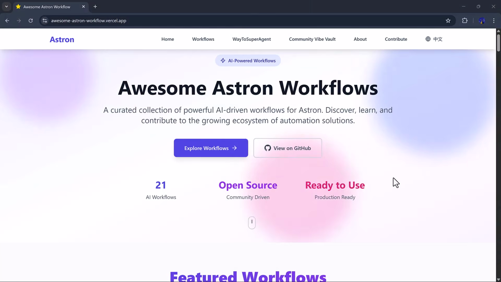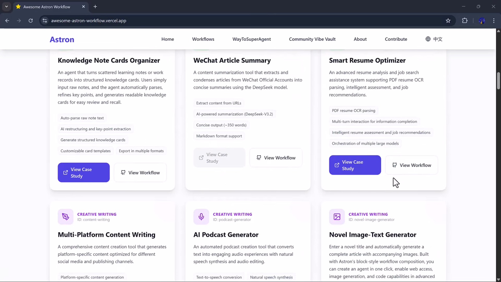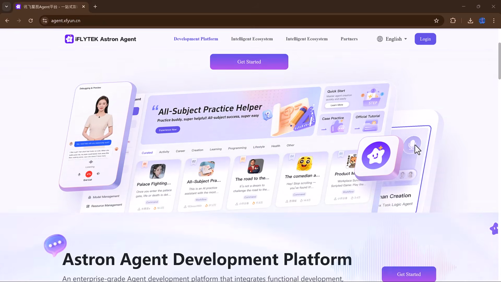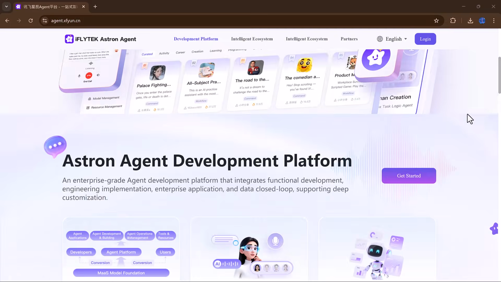What if your automation could work like a smart team instead of following fixed steps? Instead of weak scripts and too many tools, imagine AI agents working together in real time while you stay in control. Today, we're exploring Astron Agent, an open-source platform that helps you build, run, and scale multi-agent AI workflows for